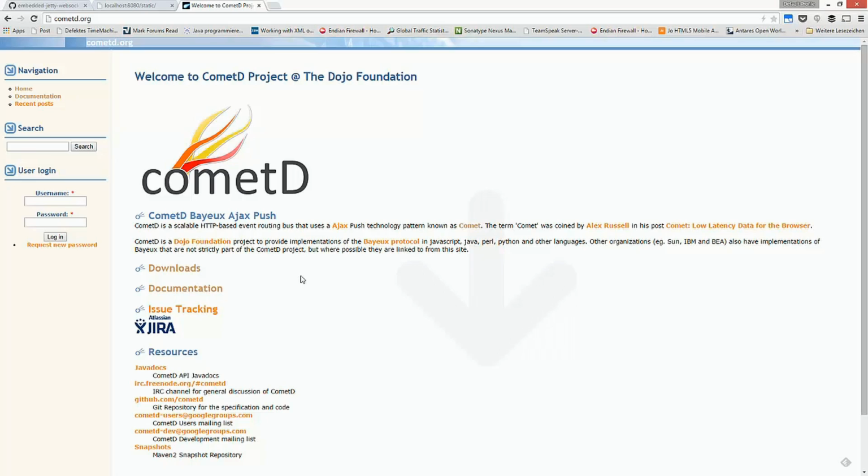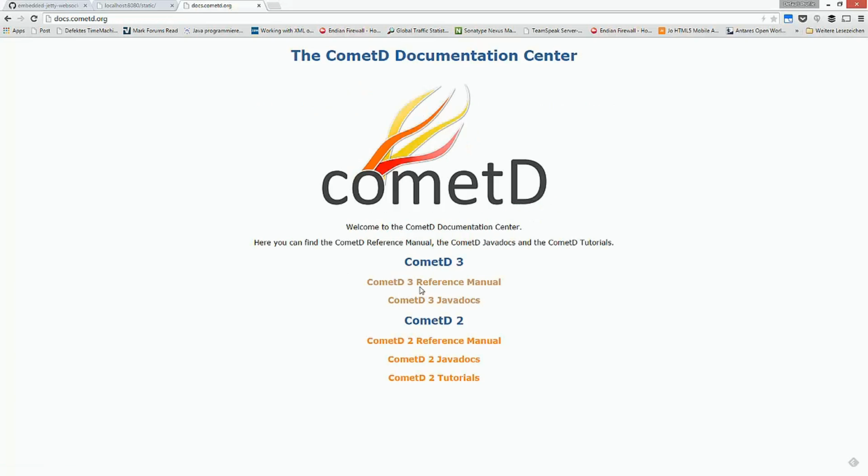Internally, they use WebSocket and HTTP long polling if WebSocket is not available, and this works pretty nice. So as you can see, low latency data for the browser. So this is exactly meant for what we wanted to do.